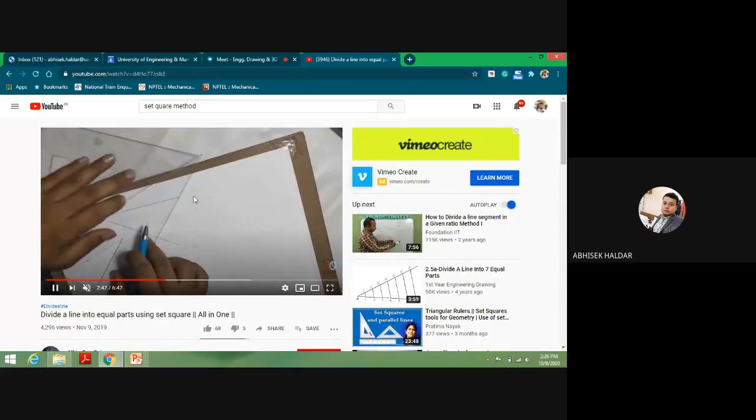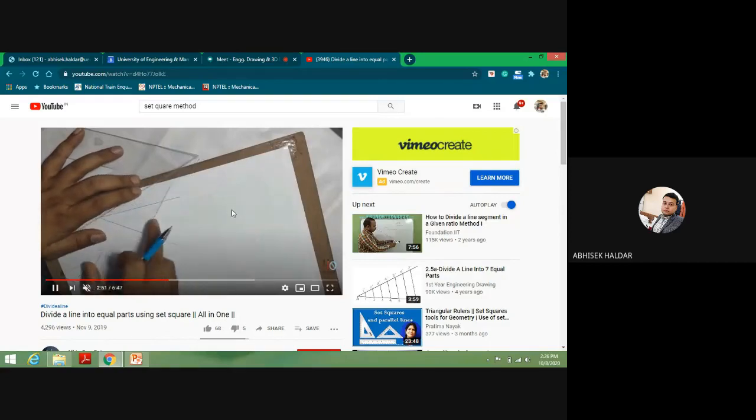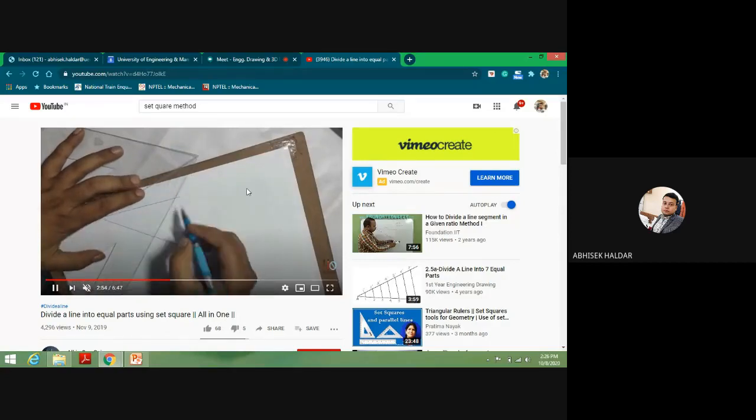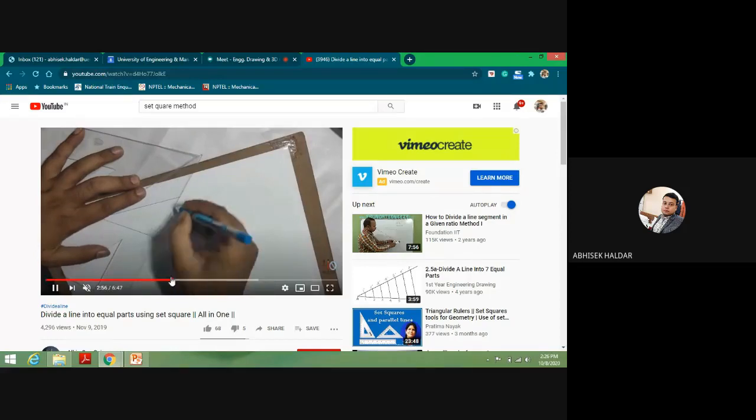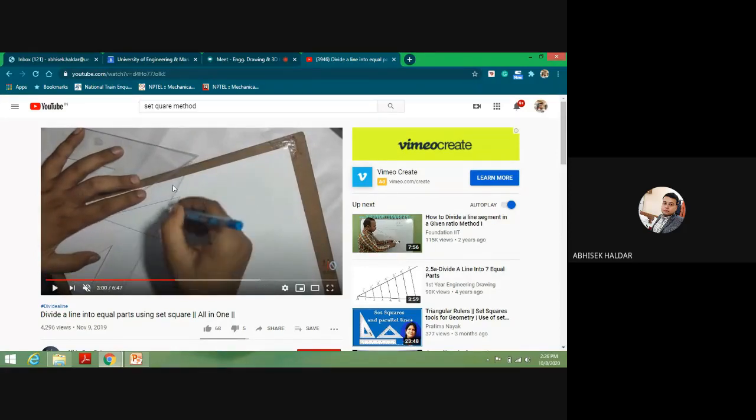It will be clear. He is pressing with the help of the left hand, it is getting fixed. Now see, is it sliding or not? You can see the video. Last arc point, you see, now it is sliding. When it is sliding, you will slide back, and at each of the arc points you will draw parallel lines to the last line, because this will not be moving. If this set square moves, obviously the lines that you are drawing will not be parallel. See the video carefully.